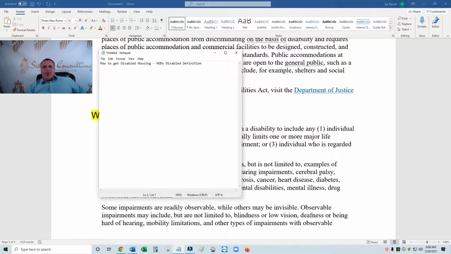Today we're going to be talking about how to get disabled housing and HUD's definition, or HUD's disabled definition. Now, before I start the video, I want to let you know I do not hold a PhD. I'm not a doctor, and I do not hold a law degree, which means I am not an attorney. So we're going to be looking at the actual guidelines and federal regulation and law, and then read it as